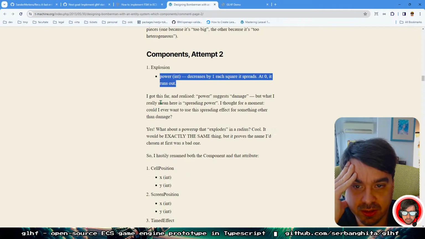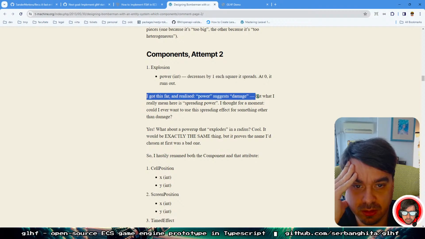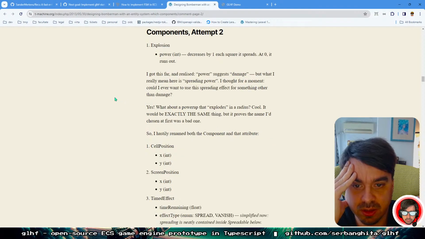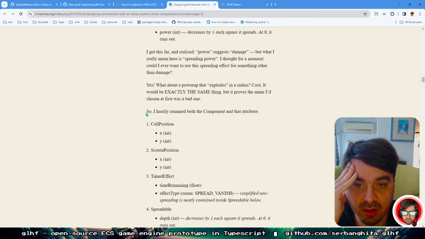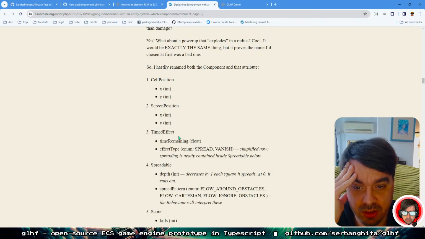Explosion, power int. Power suggests damage, but I mean spreading. I thought for a moment. Yes, what about power-ups that explode in radius? Cool, it should be exactly the same thing. So I hastily renamed the component and that attribute. Cell position, screen position, timed effect,